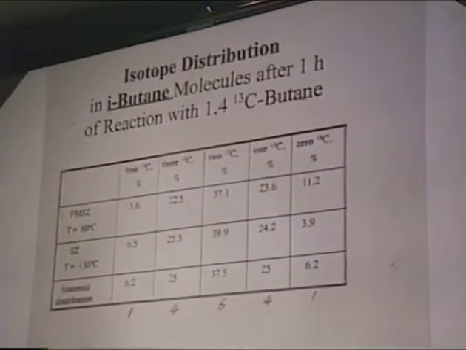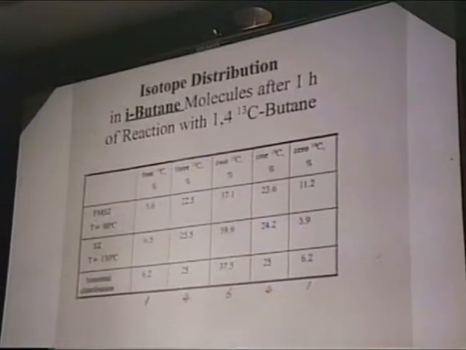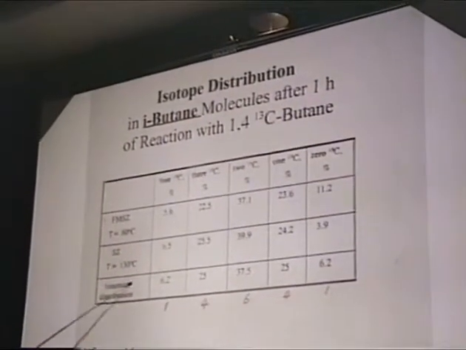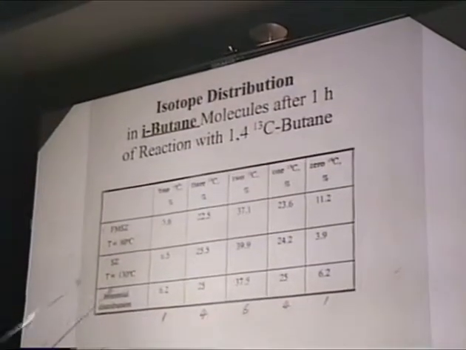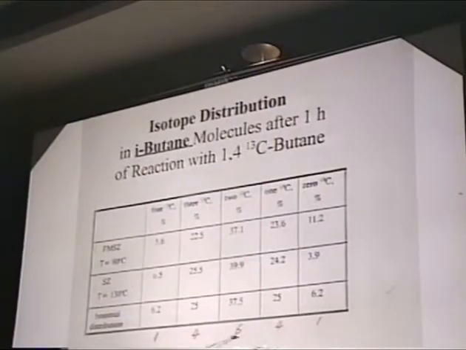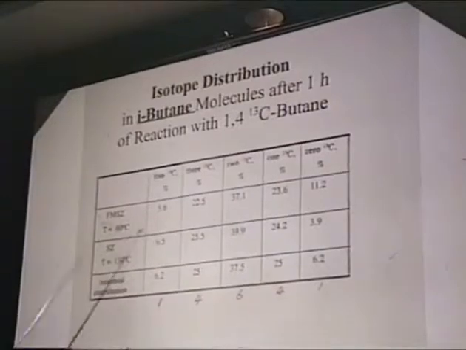And to our surprise, we actually found out that on both the promoted catalyst and non-promoted catalyst, the distribution is very nicely correlated to a binomial distribution here. We have equal amounts of carbon-13 and carbon-12. And this is the simple binomial distribution, and this is a percentage. As you can see, they give us very good correlation. And this clearly indicates that all the isobutane comes from the bimolecular pathway.